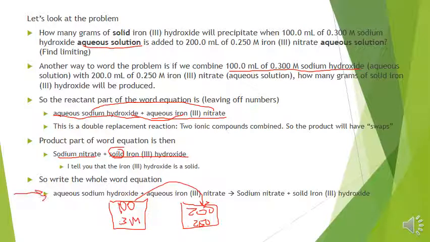Right, so now I can write the word equation: aqueous sodium hydroxide plus aqueous iron 3 nitrate yields sodium nitrate. I don't have to worry about the state; I don't tell you that. Plus solid iron 3 hydroxide. I can't spell here, it's not spelled right. It's not soiled, but it's solid. Okay, so next thing we're going to do is change this to